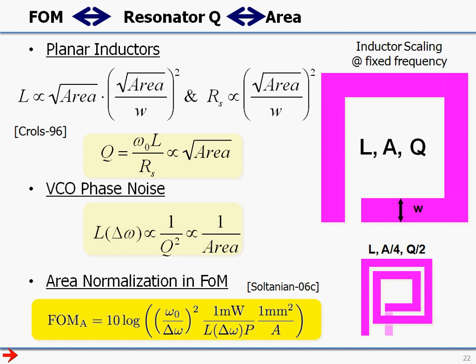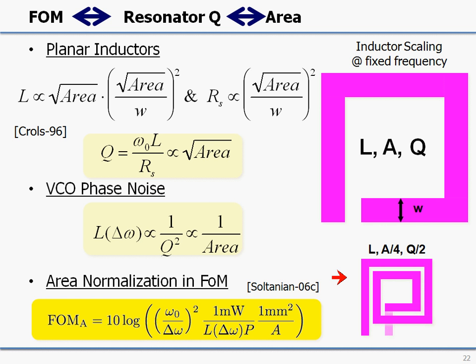Now, a couple of words about inductor Q and how that impacts the trade-off between area and phase noise in many on-chip oscillators. If you give me a lot of area and I need to realize a certain inductance, what I can probably do is just make one big wire and just a single loop to achieve that particular inductance. It turns out that those inductors in most processes have the highest possible quality factor that you can make in the process. If, however, you restrict me to a smaller area, I'm going to have to use thinner wires, coil them up more, and I'm going to incur a number of more significant resistive losses,